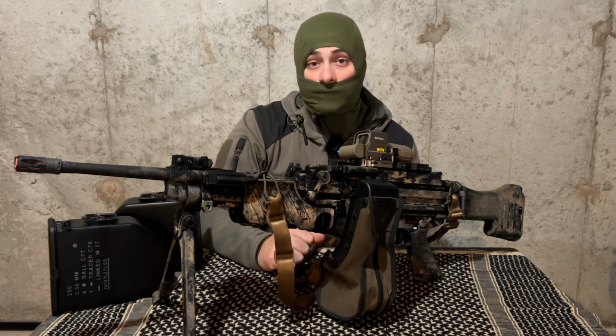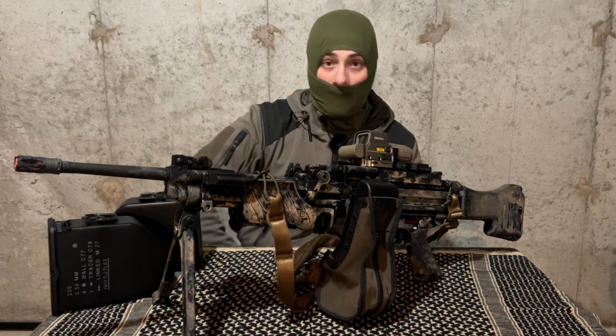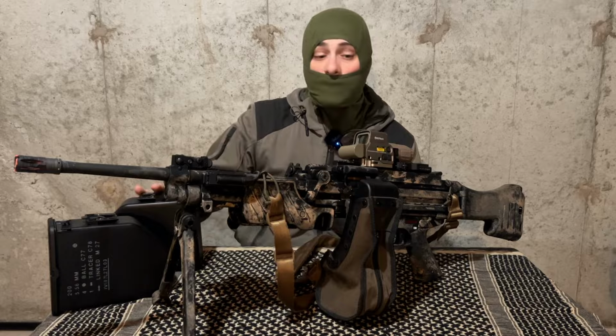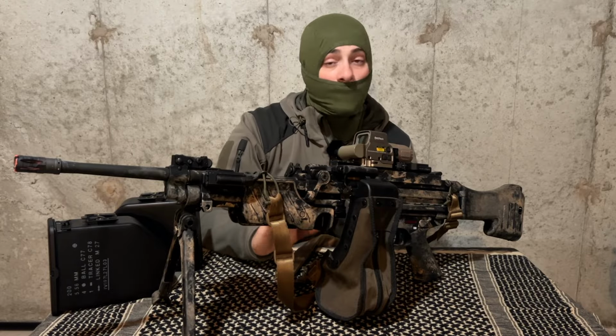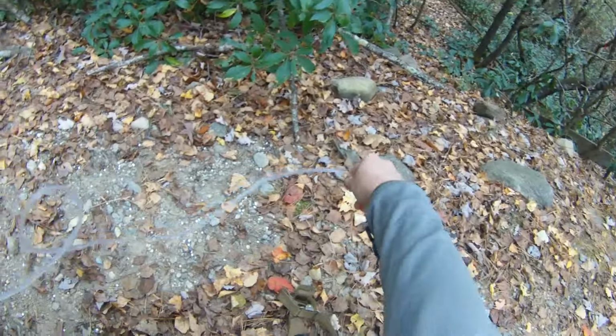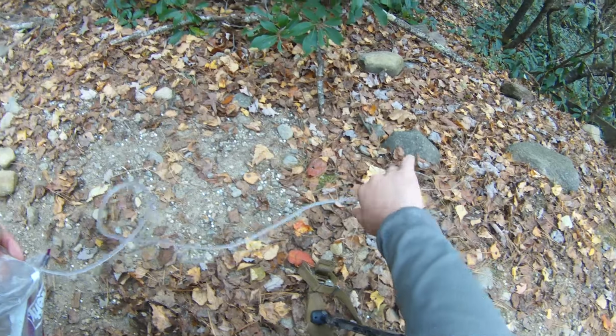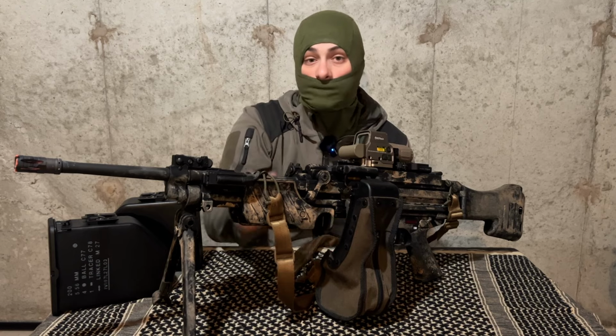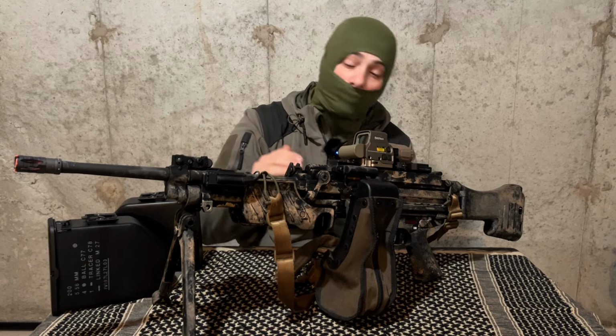When I went to use this for gameplay, that is the one issue I had. About 6 hours into gameplay, my gun completely stopped feeding. I tried the box mag, I tried the internal reservoir, nothing seemed to work. A jamming rod down the barrel did absolutely nothing, and I was pretty much out for the day because I had to fully disassemble this thing to clear a lodged BB inside that chamber where it would feed up